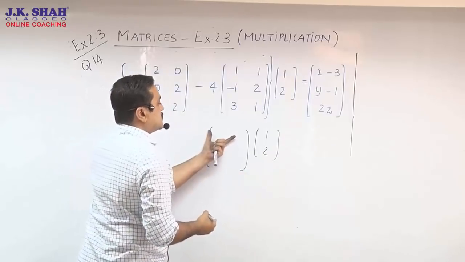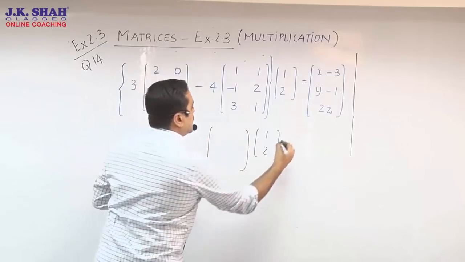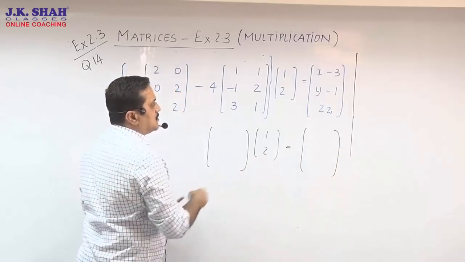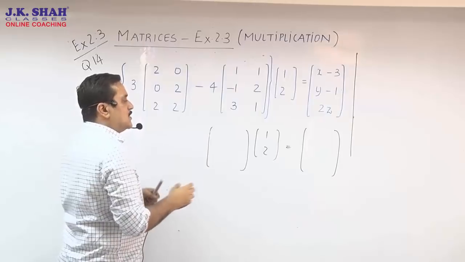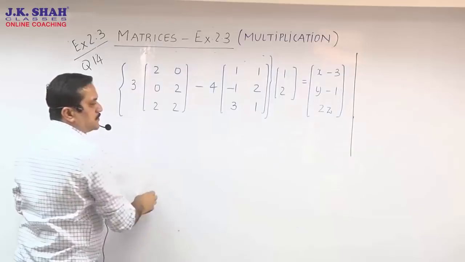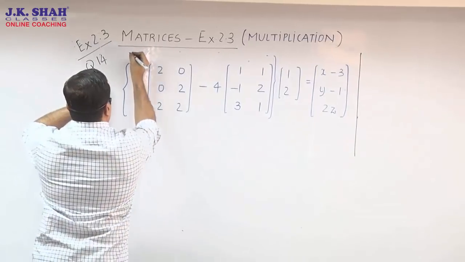So that matrix you're going to multiply with 1, 2, and then we equate it with the same matrix, and we make equations. We'll be able to find x, y, z in that. So I would prefer that you work out the sum and then come back to the video. You have done it? Let's see.